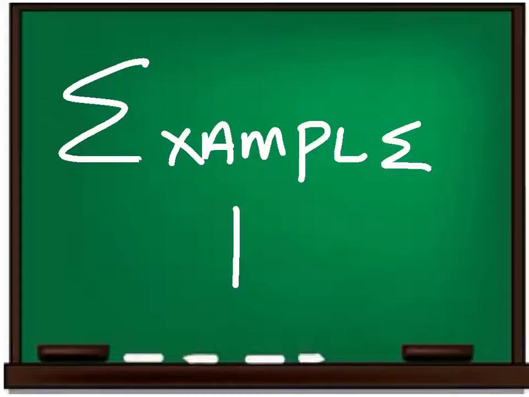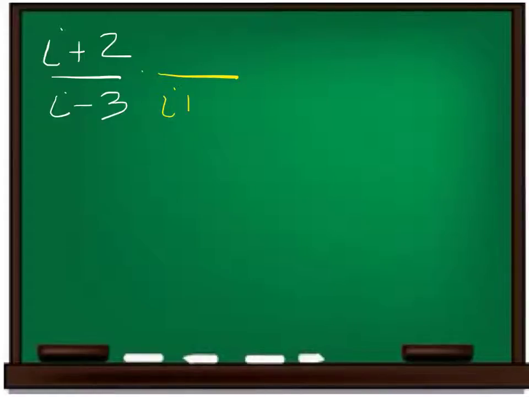Alright, here's the first example. On this problem, it is i plus 2 over i minus 3. And to get rid of the i on the bottom, you have no other choice but to multiply the top and the bottom by that same expression that's on the bottom with the exception of the sign. If it's i minus 3 on the bottom, you have to multiply by i plus 3, top and bottom. Change the sign of the bottom, multiply the top and the bottom. The bottom is the easiest part